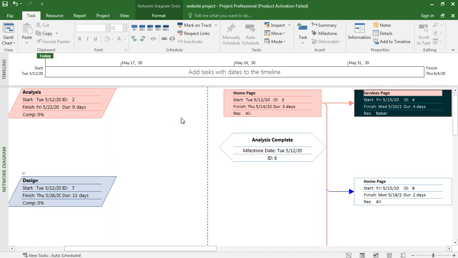And there is another thing that is called the critical path.